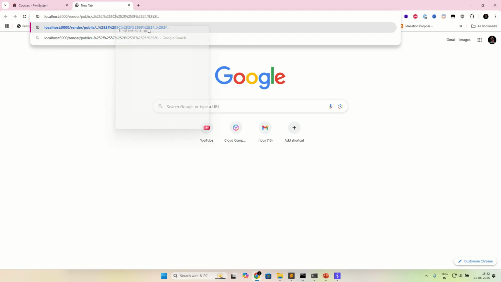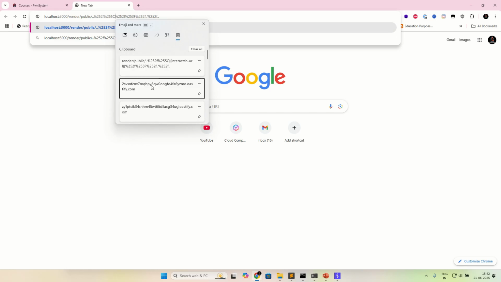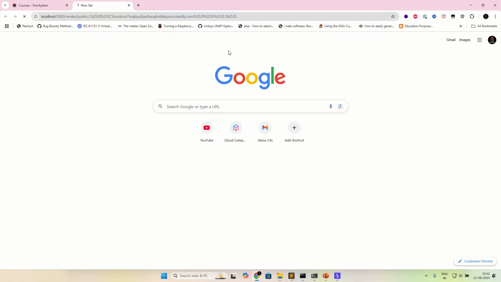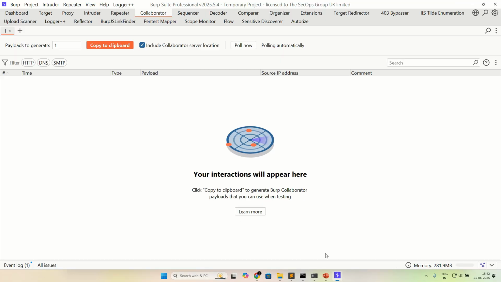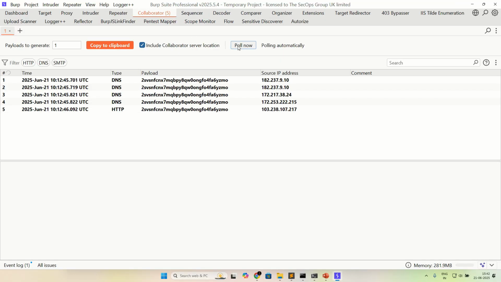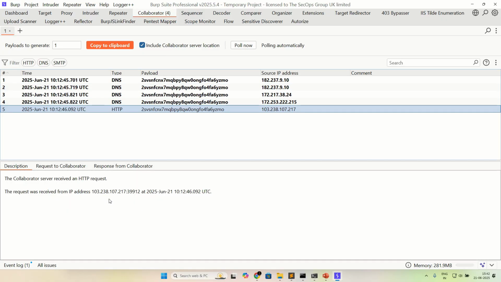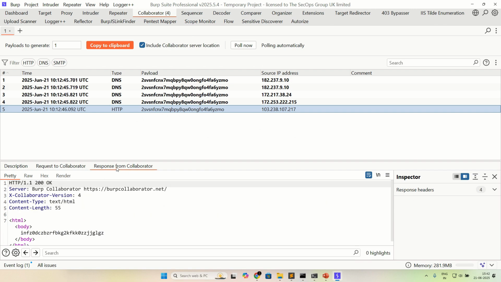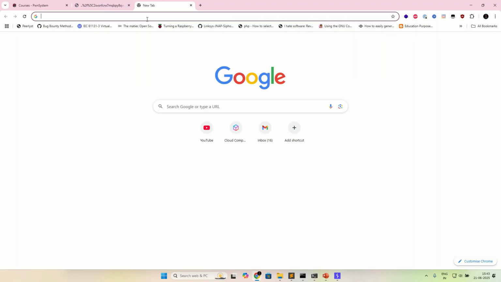Here we go, and hit enter. And just wait, poll now, and here we go, we get the response. Even you can see it in the Grafana website, and here we go. So while image rendering, it is performing the SSRF vulnerability.